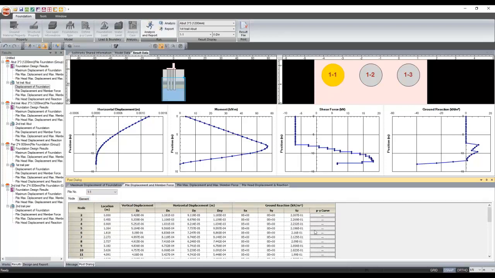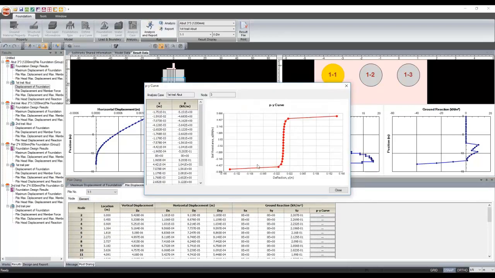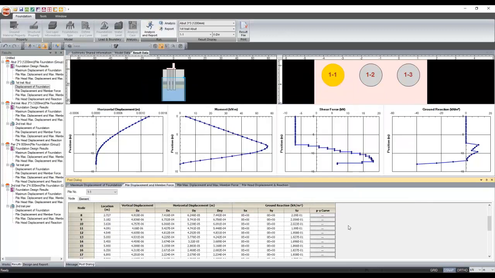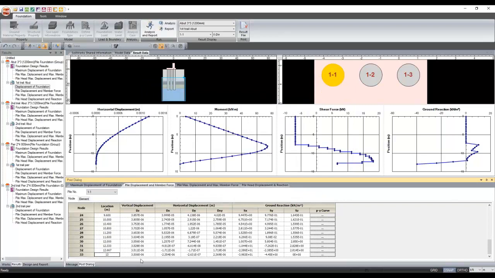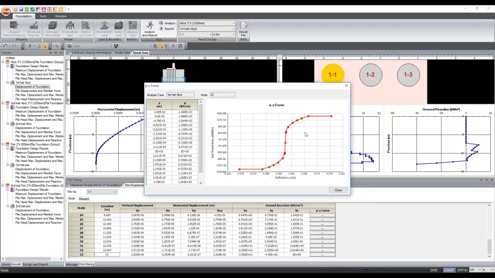Let's say for the very first pile, we have the nonlinear spring like this, and as you go down, your nonlinear spring varies. This is how the nonlinear spring variation looks as you go from top to bottom, and your values will also change. The main important thing is the spring data, that is your lateral load versus lateral displacement. Let's say this is my bottom. I'm going for a 13 meter length of the pile. This is my bottom PY curve, and I got the values. I will just copy them,